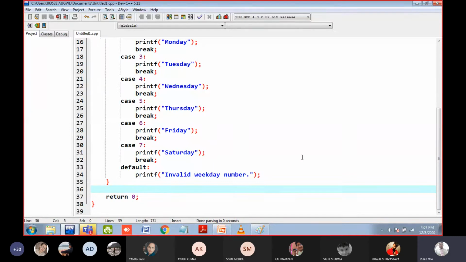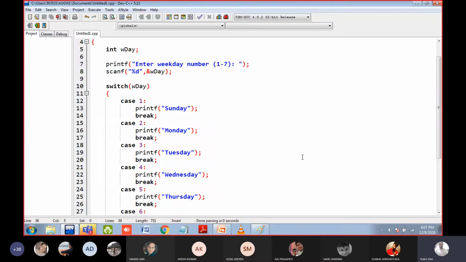Simple. Let us suppose you entered wday as 7. What will happen? One by one, the computer will check every case statement and try to find the match. So first you will compare 7 with 1, it is not same. So go to the second case.